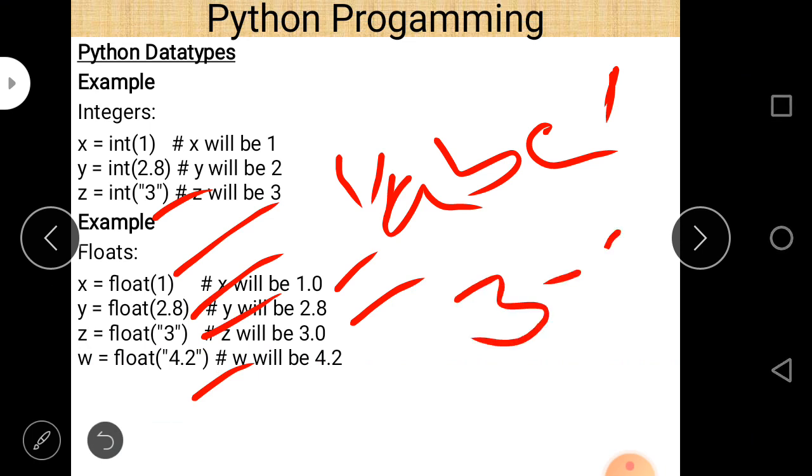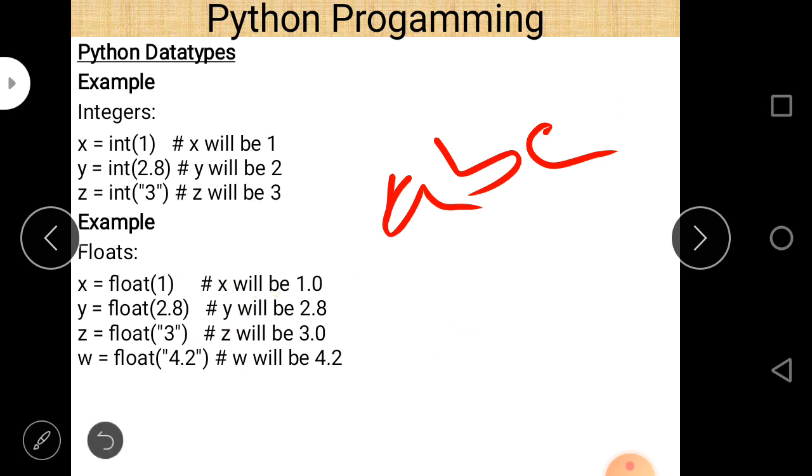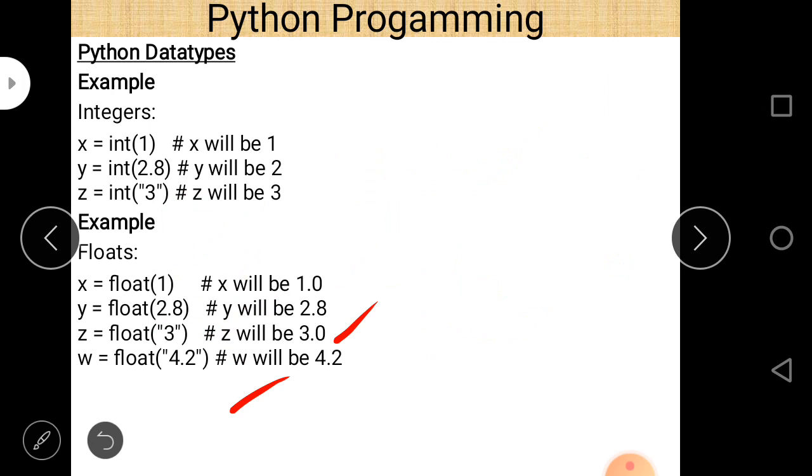Remember that 3 is a number, and when it is passed within double quotes it may be considered a string. But here we write float, so the value of z will be 3.0, and w, float 4.20, will be converted to 4.2.